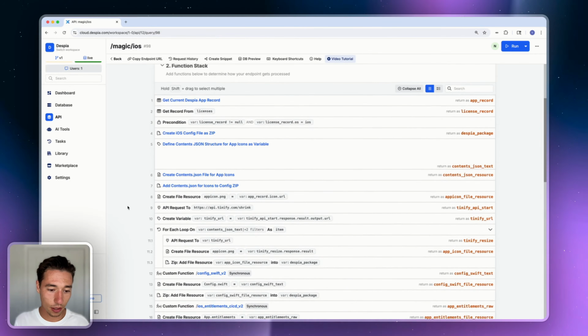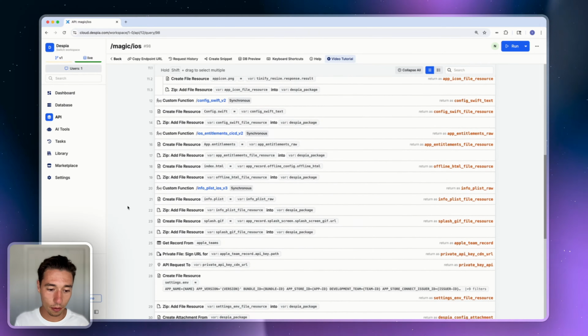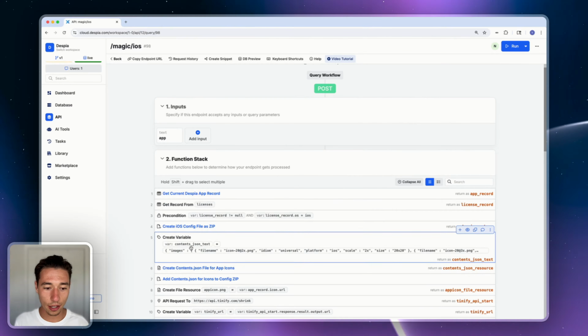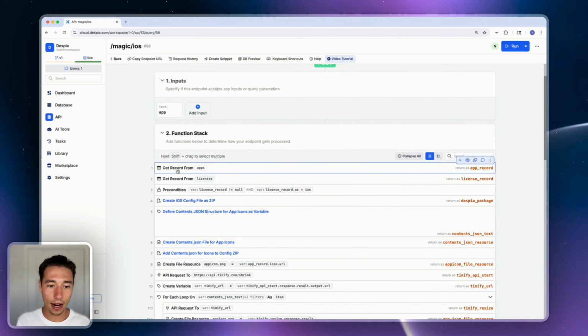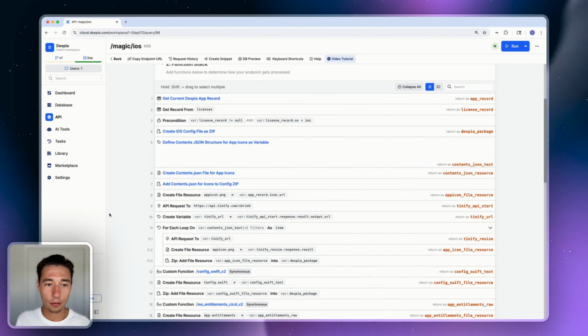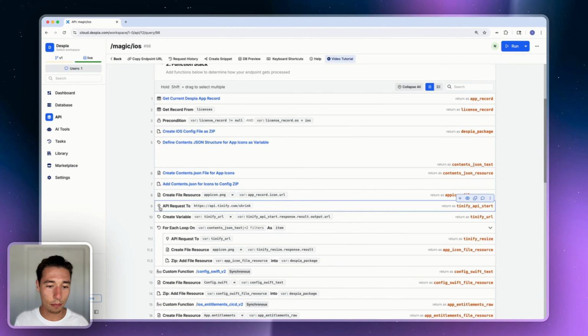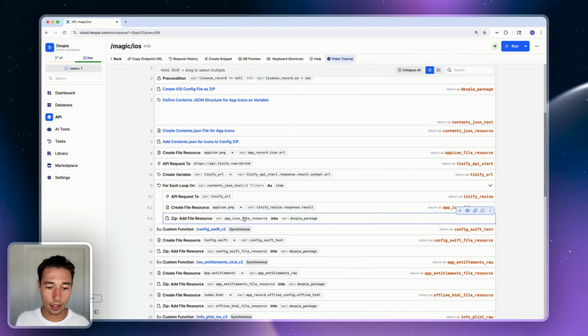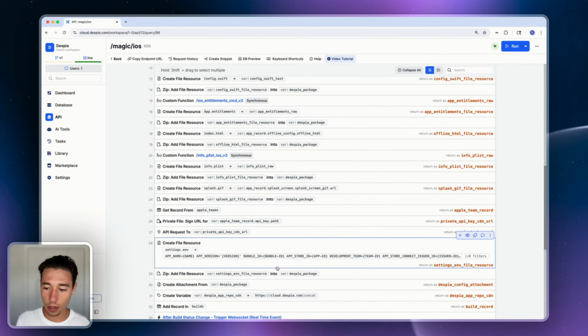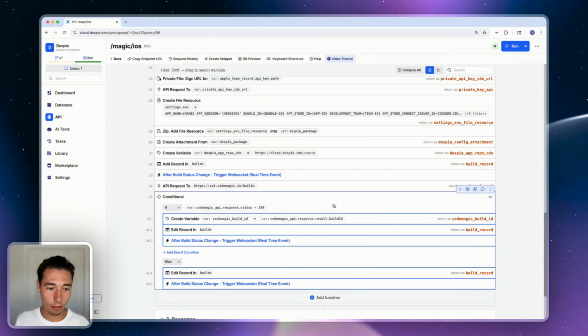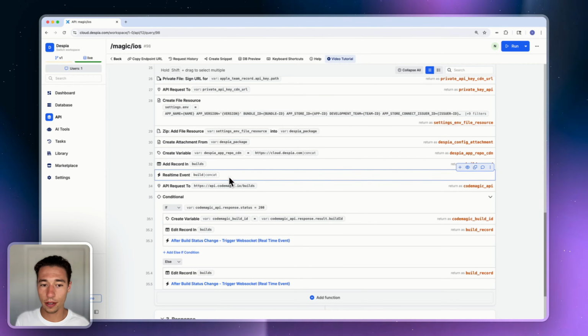And let's see, where did I put it? If I put it in here, what essentially it's doing is it's building the application. It's creating a new app record here, it's getting the app record, it's building all the things together, getting the icons, putting it all together, sending it to CodeMagic, and then triggers a real-time event.